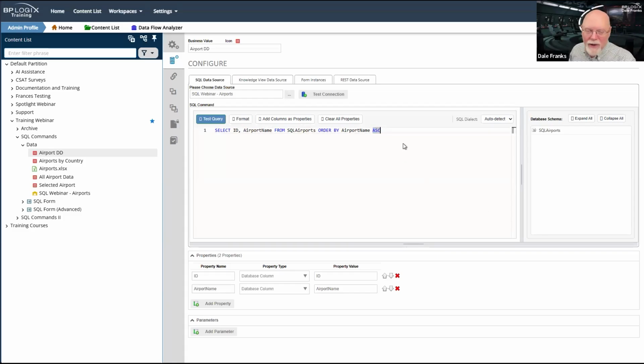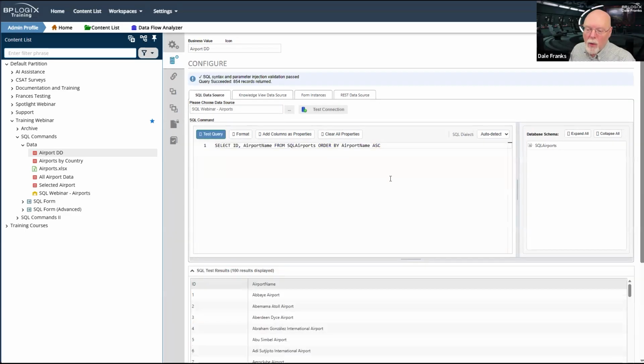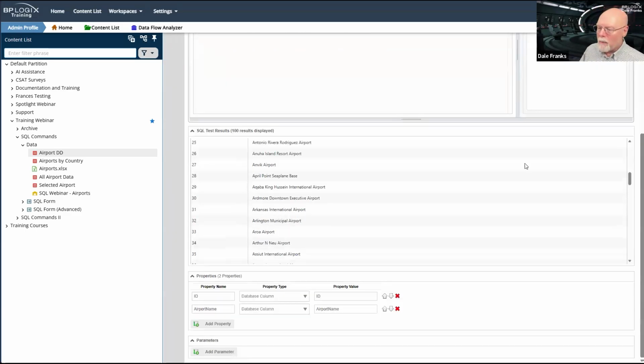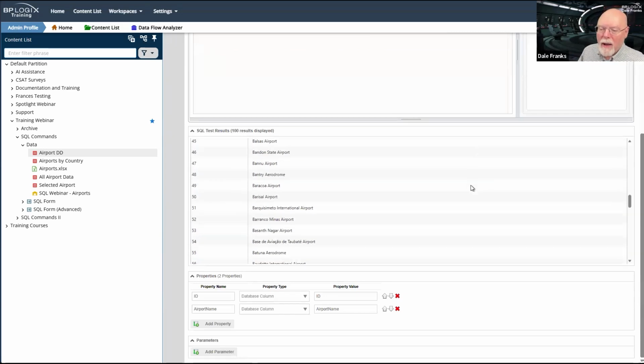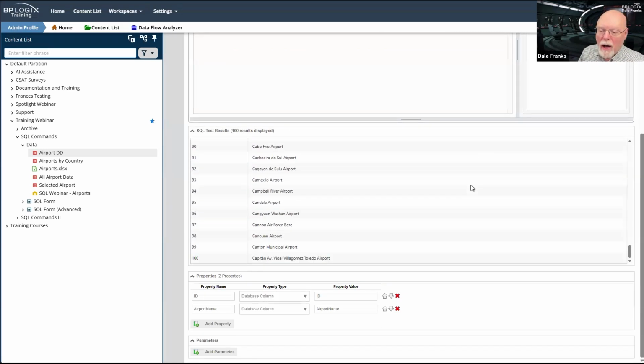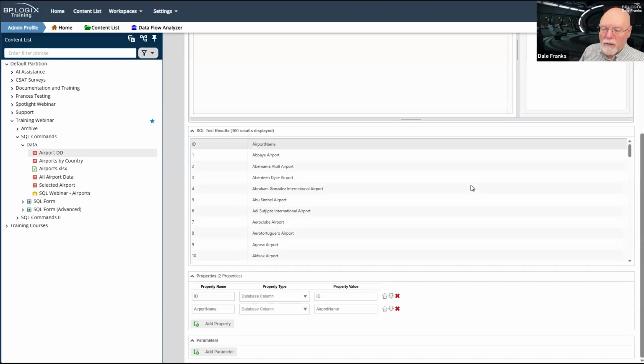And if you're leaving it out, it'll sort ascending anyway. So you're fine. But by doing that, now when I test my query and it returns my airports, it's going to return them all in the appropriate alphabetical order so that my users are not frightened or confused.